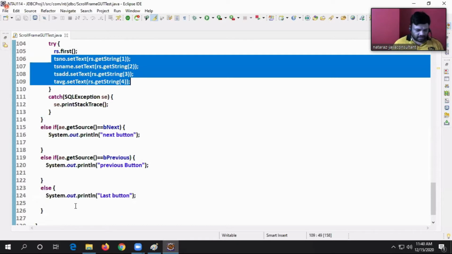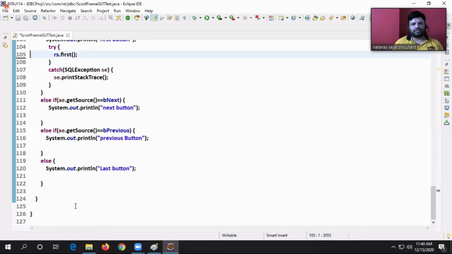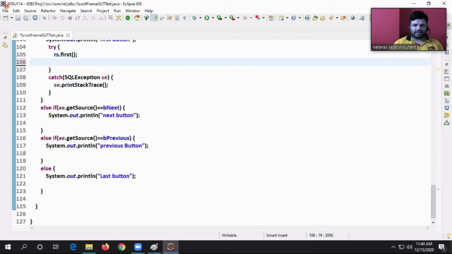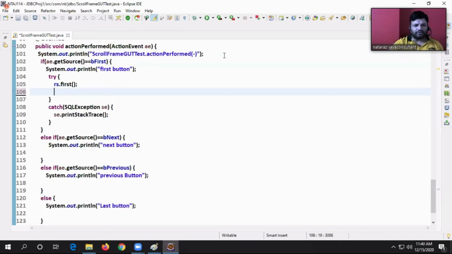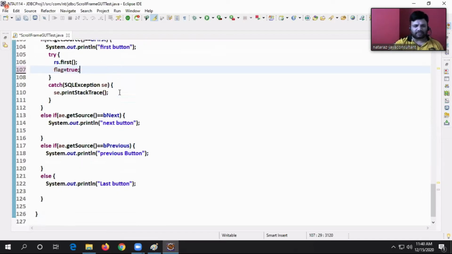I'm just doing like this. Everyone check it out. RS dot first. I'm taking one boolean variable, flag. Boolean flag is equal to false. So here I am taking flag is equal to true. I'm telling that yes, you successfully moved the cursor, RS dot first is called successfully.